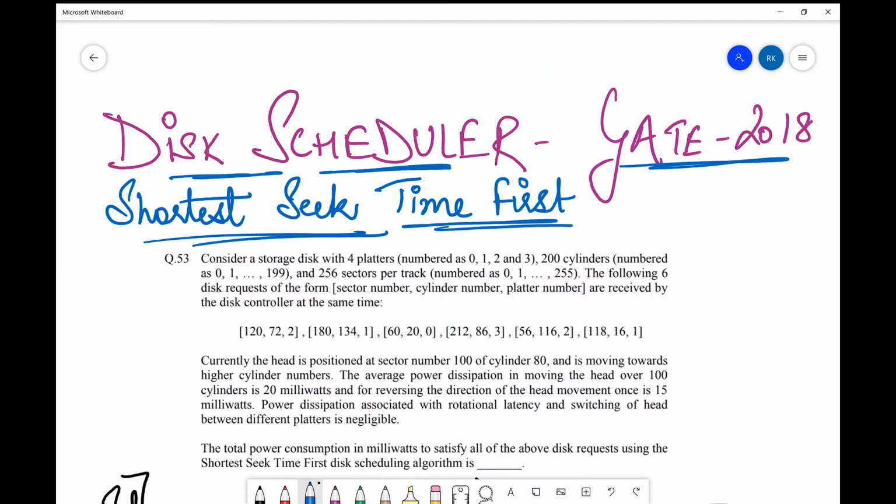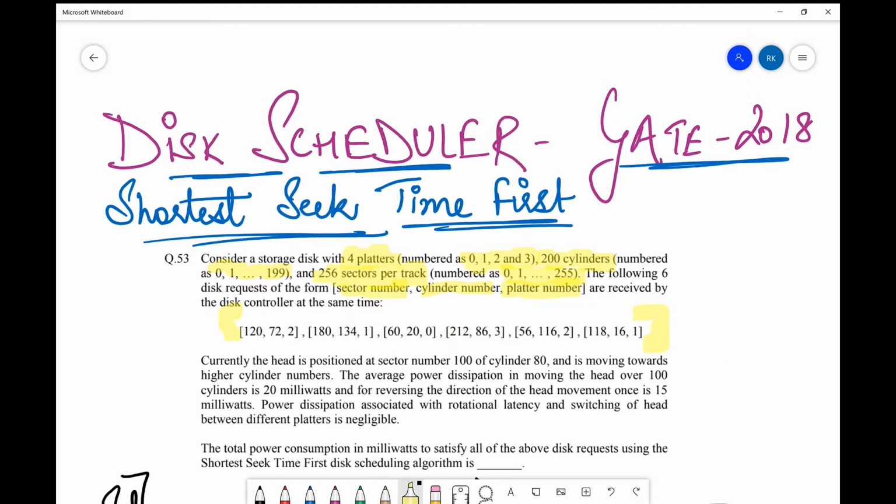So let's quickly get into the question. Let's see what was given and what needs to be found. So here they give that consider a storage disk with four platters numbered from 0 to 3, which is 0, 1, 2, 3, 200 cylinders numbered from 0, 1, and so on till 199, and 256 sectors per track, which is 0, 1, and so on till 255. The following six disk requests of the form sector number, cylinder number, and platter number are received. So they have given these requests which have been received